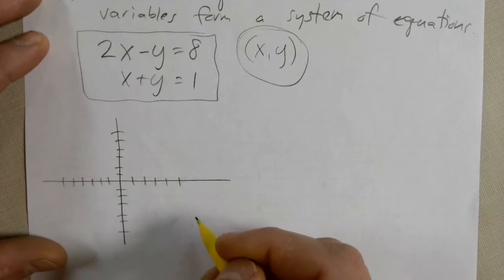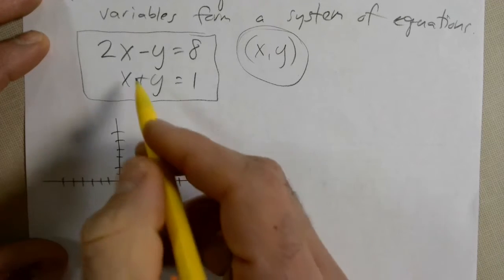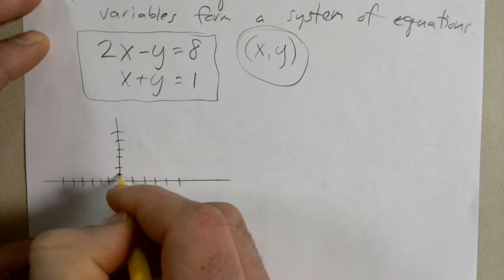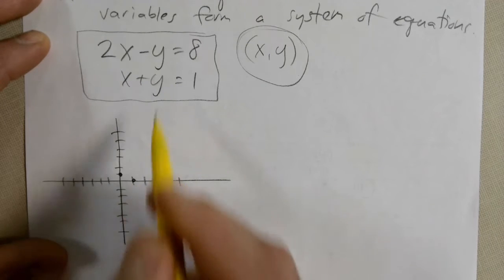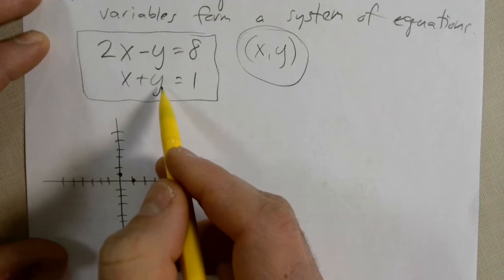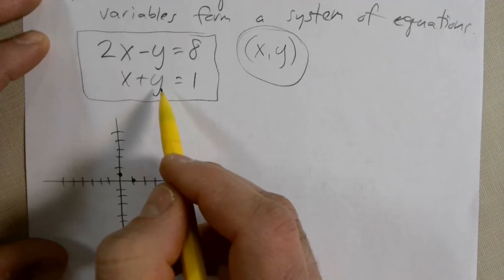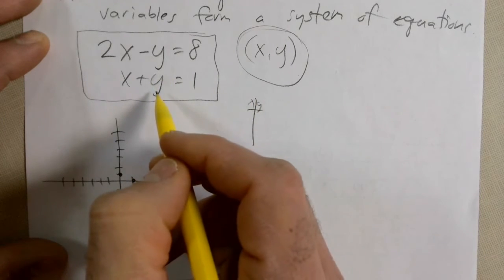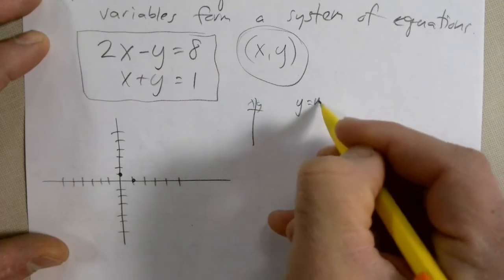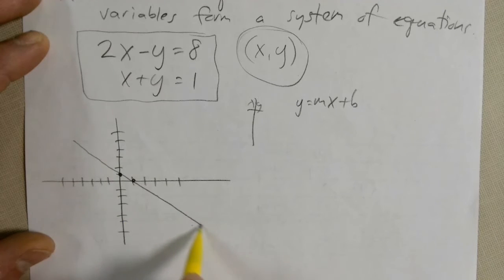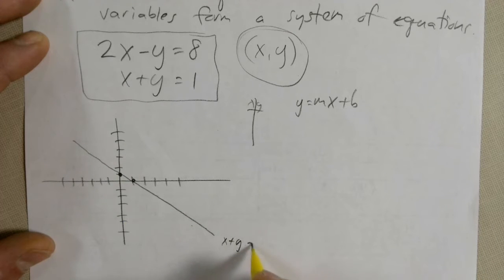Okay, so first I'm going to graph x plus y equals 1. And I know that it's going to cross here and here. Do you remember how to find the points? I'm skipping that step here because I want you to remember how to graph these equations. You can either pick points, make your xy chart, or you can convert them to the y equals mx plus b form and graph them that way. So this is x plus y equals 1. And then this one